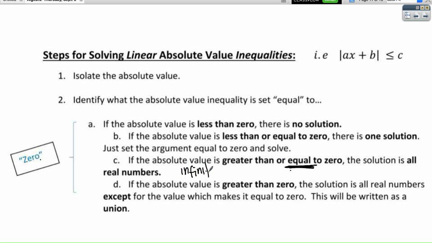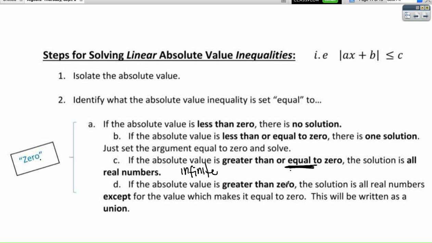So that's because for an absolute value, it's always going to be greater than or equal to 0. Always. Everything that I plug in there would make it greater than or equal to 0 because absolute value turns everything positive. Okay? So the last scenario is if instead it was greater than 0, then I have to actually